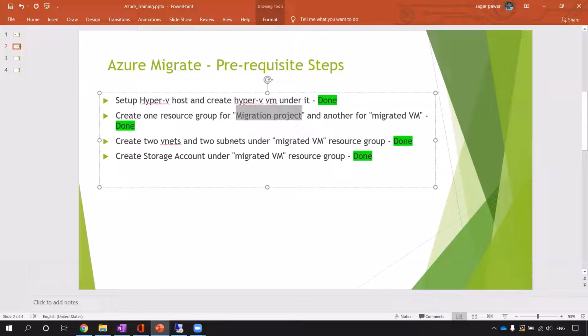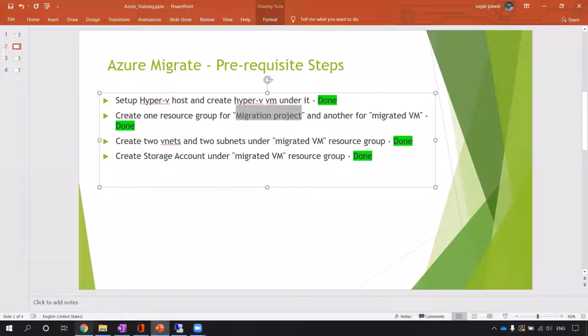The VNet and subnet range is almost exactly the same, because when I'm replicating, that VM will go to the first VNet, and after that it will migrate to the test VNet for testing purposes. I also need a storage account, which I have created, where I can store my data initially.